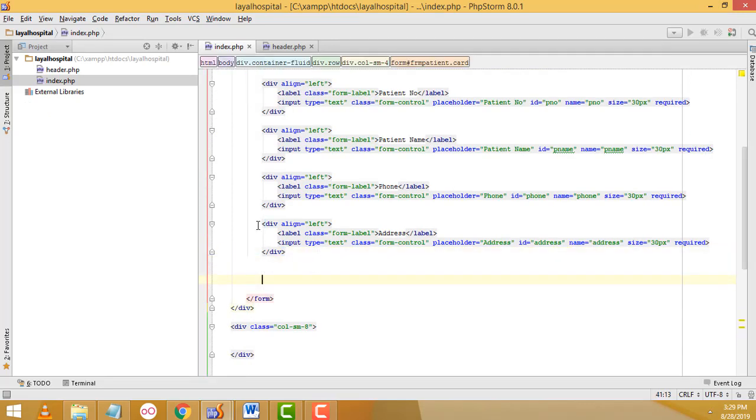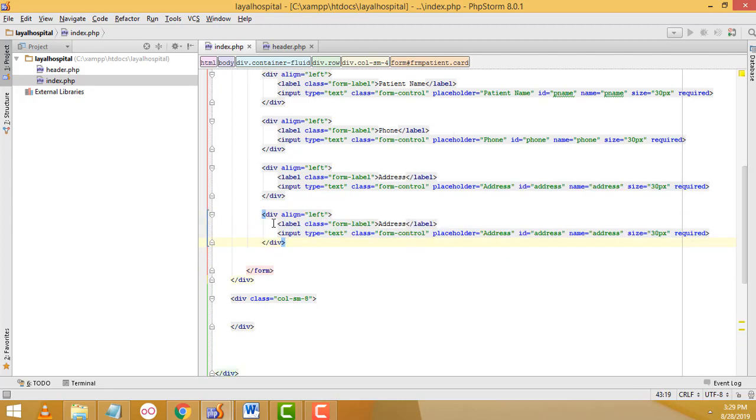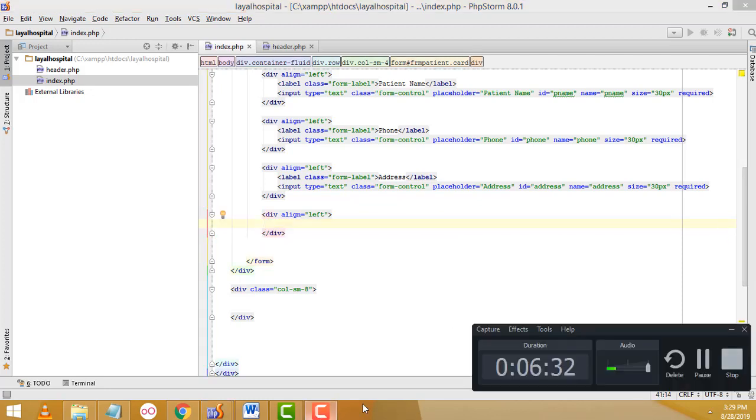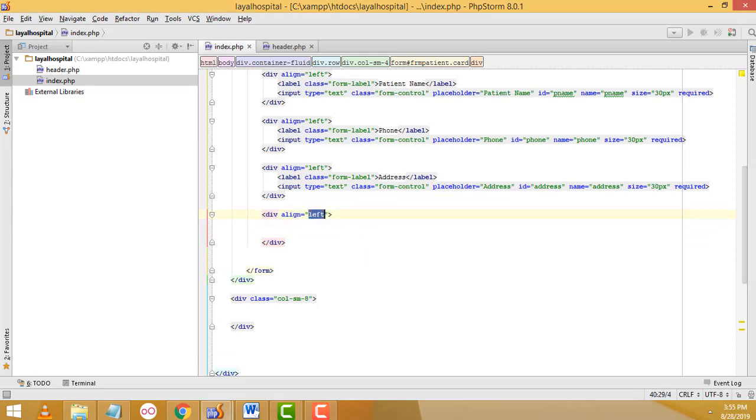Okay, so let's copy this div, Ctrl C to copy, Ctrl V to paste here. Here we have to remove these labels, we have to remove them. After that here we have to write the button. This one should be the right alignment, right, for the button. Here we have to write the button